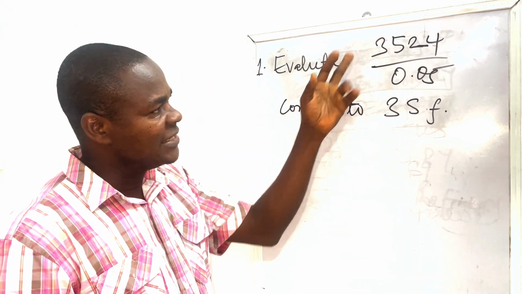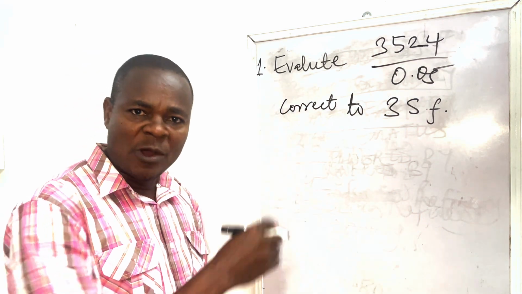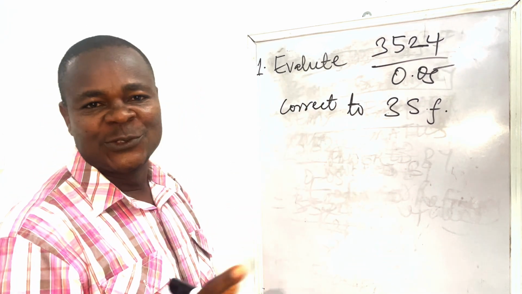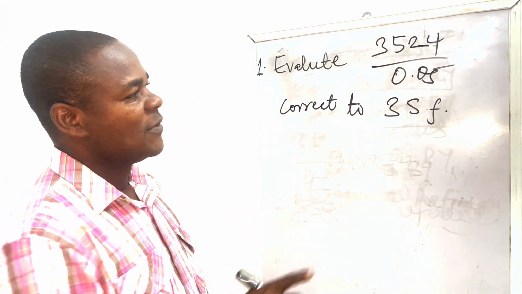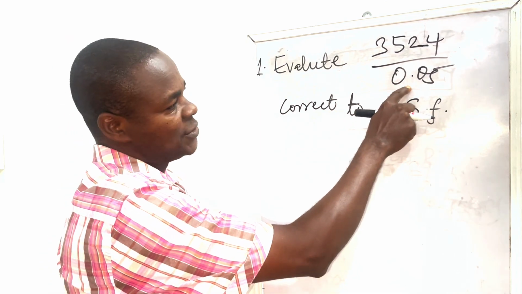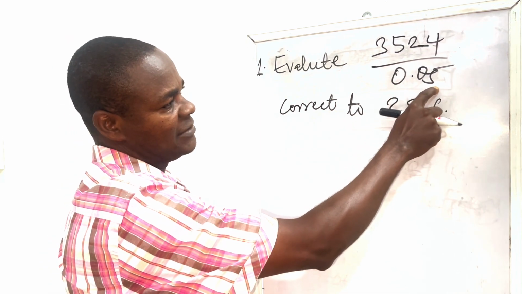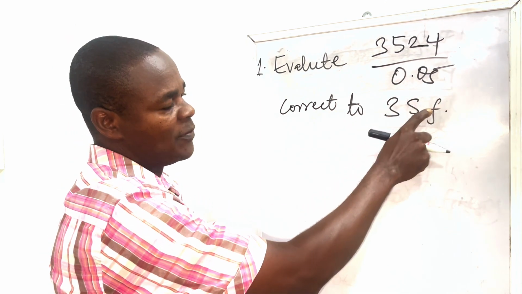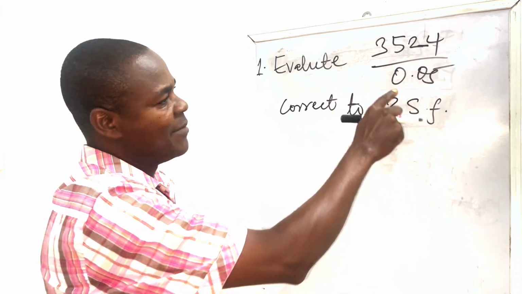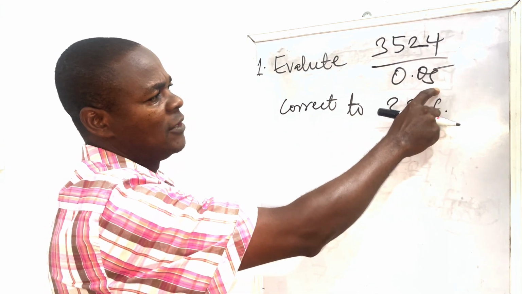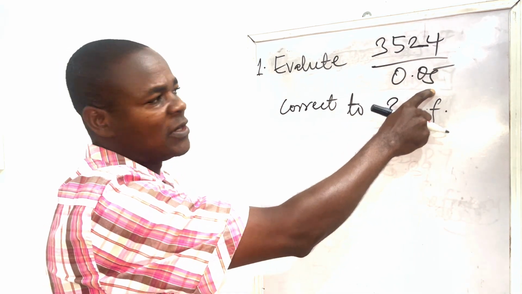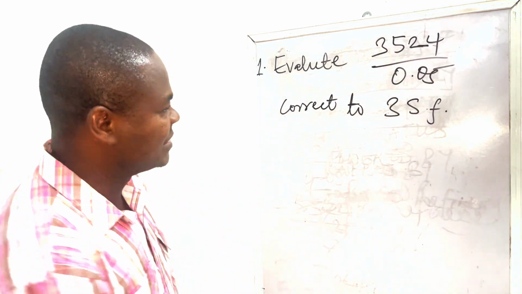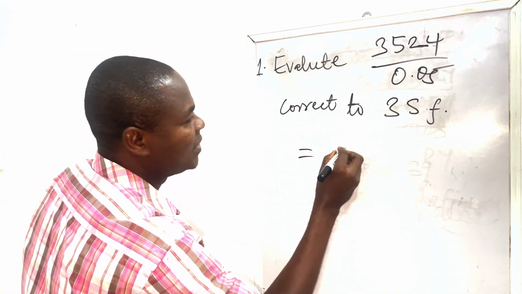You know a calculator can easily give you this, but we want to solve it manually. So what we are going to do is not difficult. Let's start by trying to take this denominator to a whole number. If, for instance, I multiply by 100, I'm going to get 5. So whatever I do to the denominator, let me also do it to the numerator. So let's start. This will be equal to